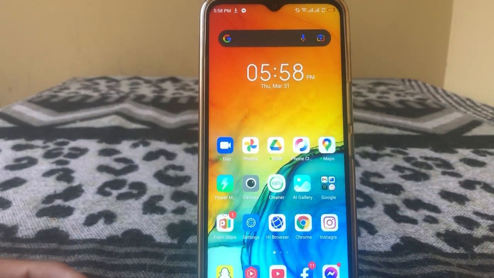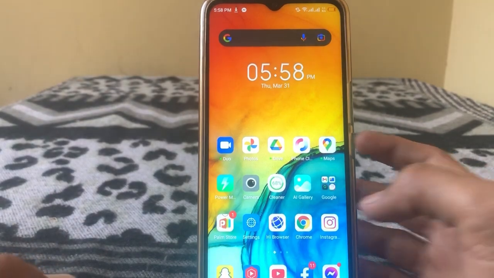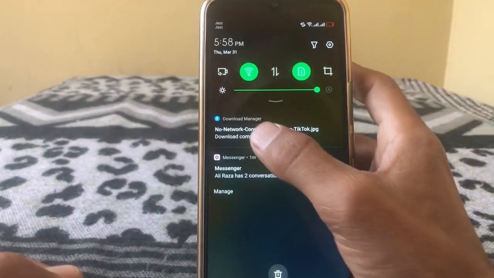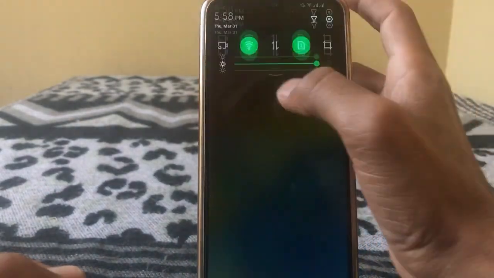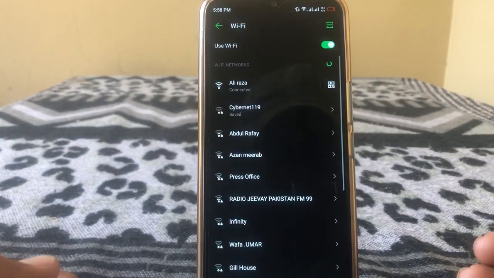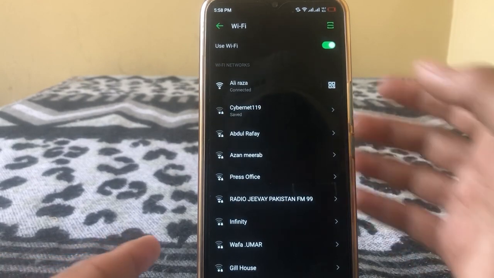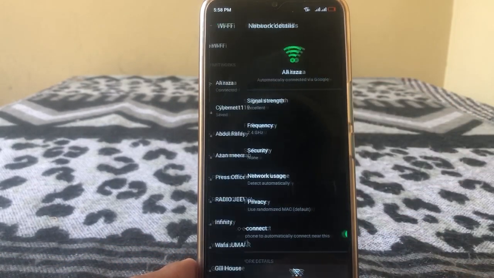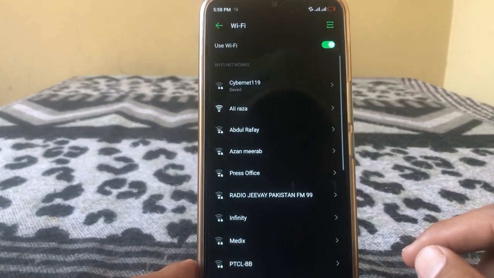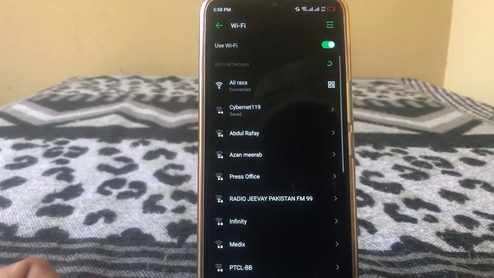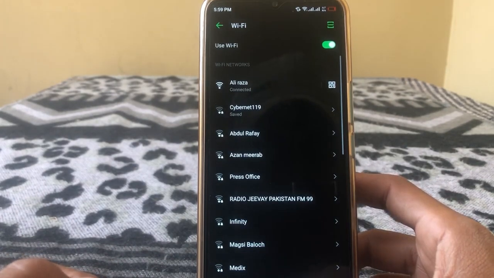So guys, after that what you have to do is just simply check that your connection is strong enough or not. If it's not strong, then what you have to do is just simply forward this and again reconnect it. After doing this, what you have to do is just go back again